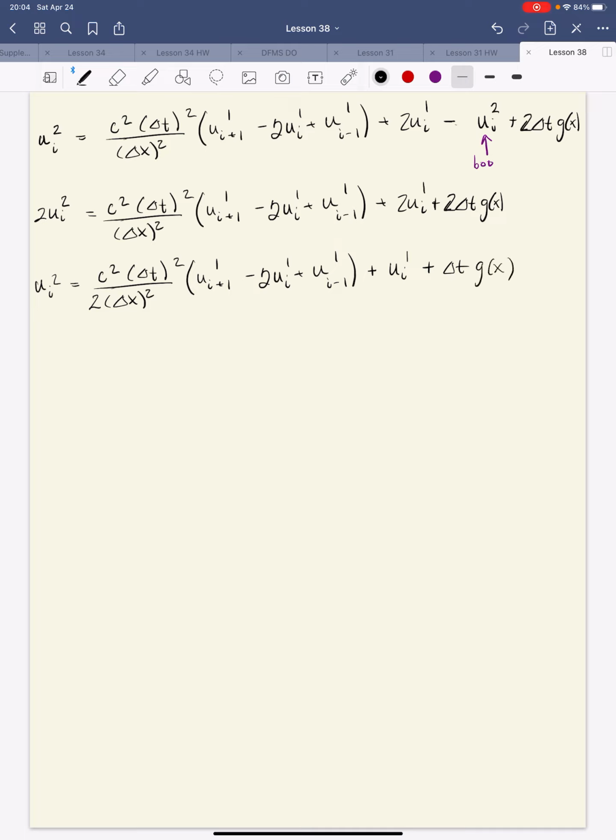All right, so this is the equation that you need to use for the j equals 1 time step, right? So you have your initial data, and then your first loop, if you will, or your first step, is just this equation here, okay? And you'll